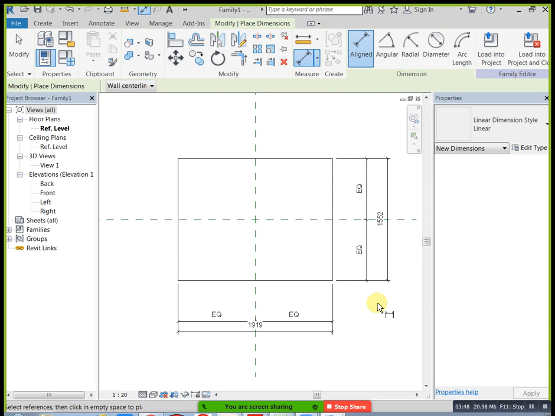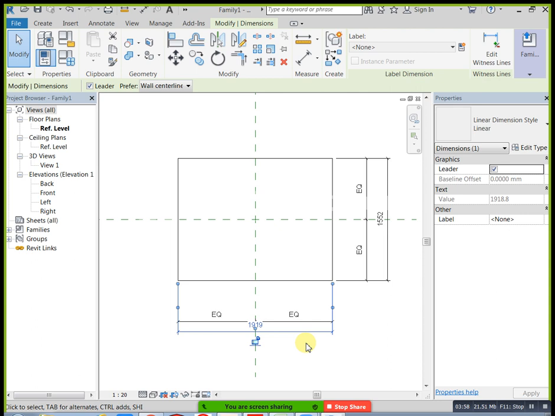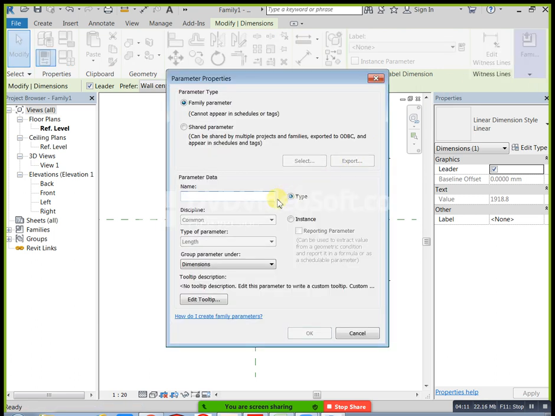Okay, I know the dimension. This dimension I need to convert into a parameter. How can we convert? First of all select your dimension. When you select your dimension, this opens automatically. Here we have Label Dimension. In this Label Dimension we have Create Parameter on this side. Click on Create Parameter. Here you can apply your parameter name.